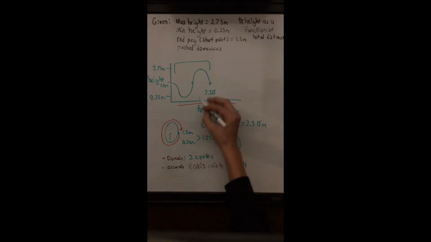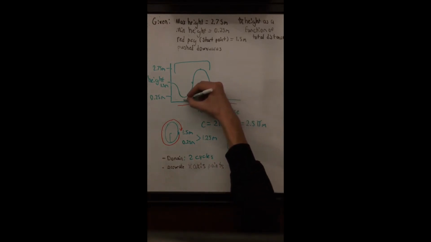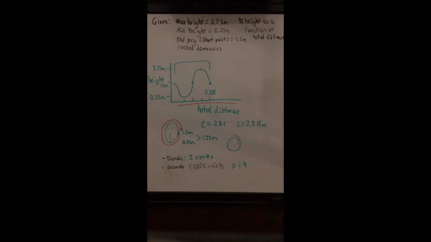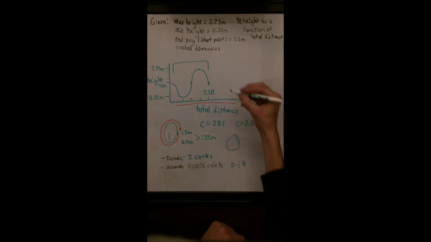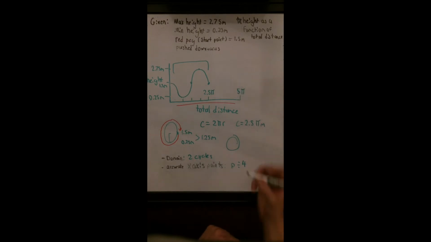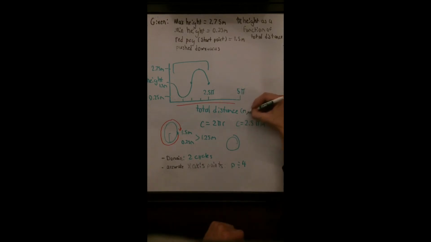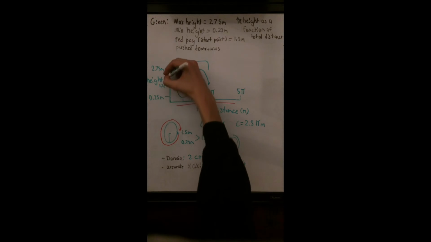And that will allow us to plot these additional points. We know that the domain of 2 cycles means that it's going to be 2 periods, so we can simply double this and show the next cycle of the graph, which will end at 5 pi. Again, in meters, which you also must label